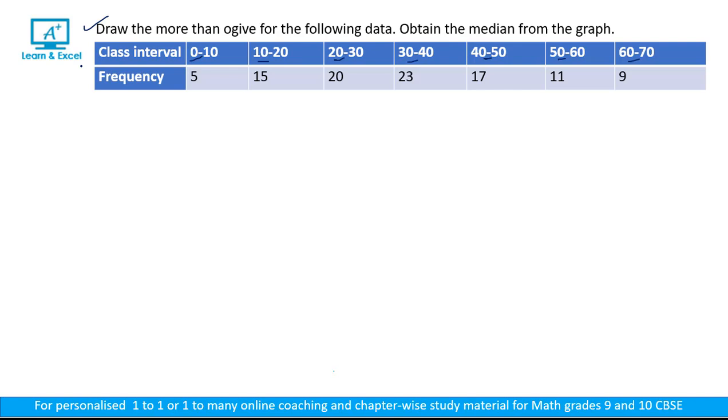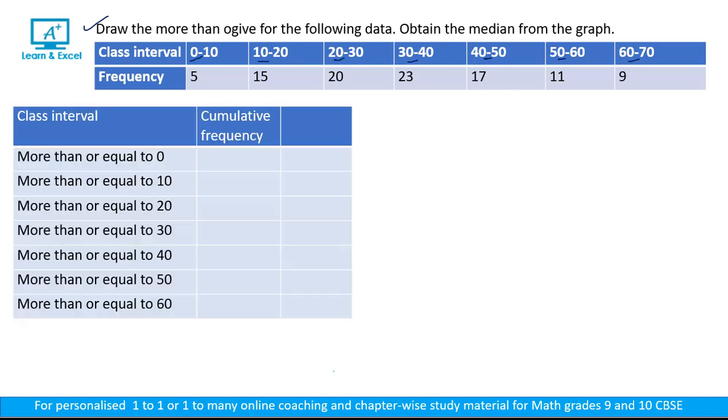Now let us find the cumulative frequency. For this, first we write the table like this, and first we write more than or equal to 0, 10, 20, 30, 40, 50 and 60. Now let us find the cumulative frequency. It is telling more than or equal to 0. What will be the cumulative frequency? Yes, the cumulative frequency will be 5 plus 15 plus 20 plus 23 plus 17 plus 11 plus 9,